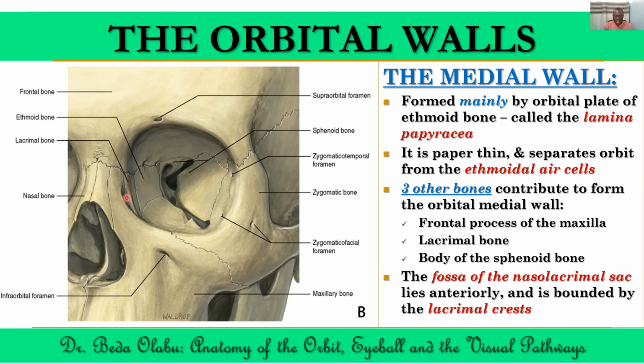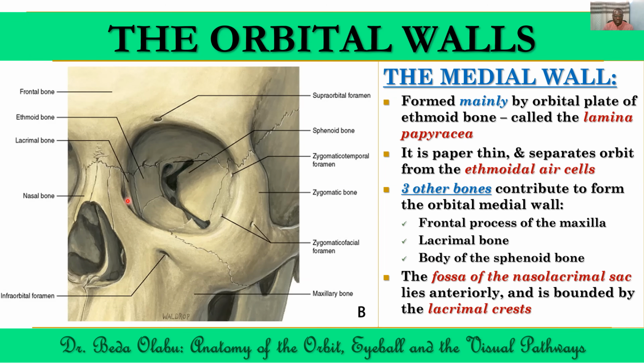The fossa for the nasolacrimal sac is found here. And this fossa of the nasolacrimal sac is bounded by 2 ridges, which we call the lacrimal crest. The anterior lacrimal crest is a crest on the frontal process of the maxilla. The posterior lacrimal crest is a crest on the lacrimal bone itself. The depression between the 2 is where you find the nasolacrimal sac,